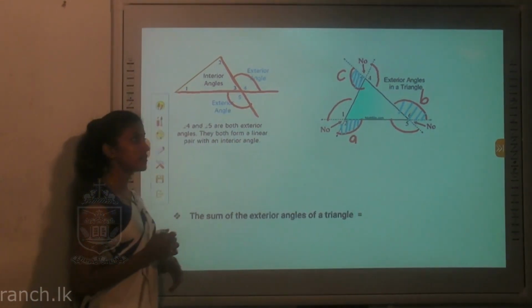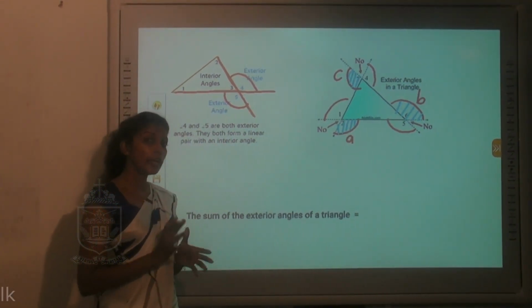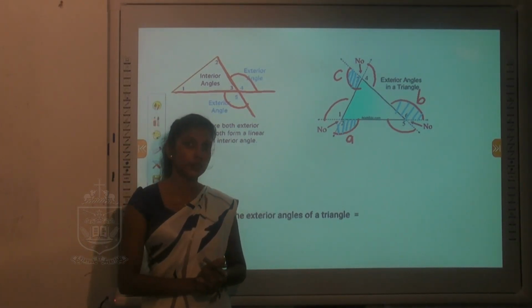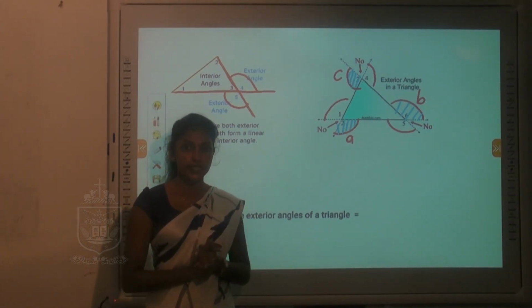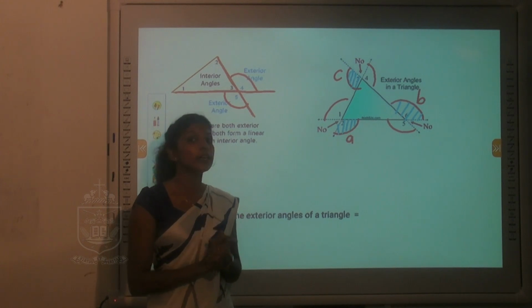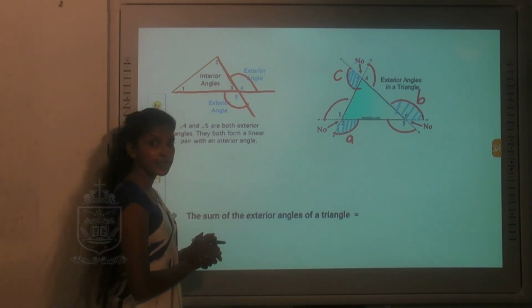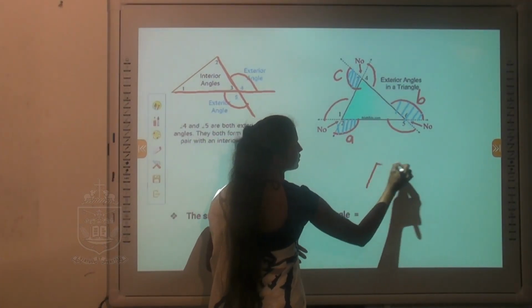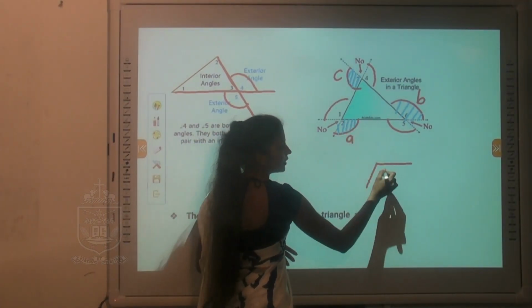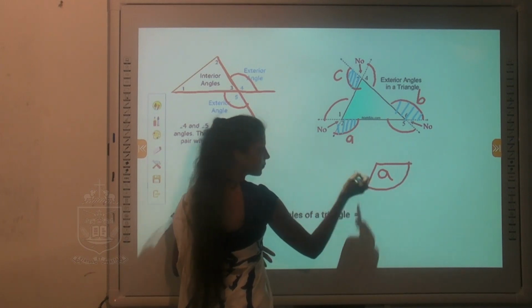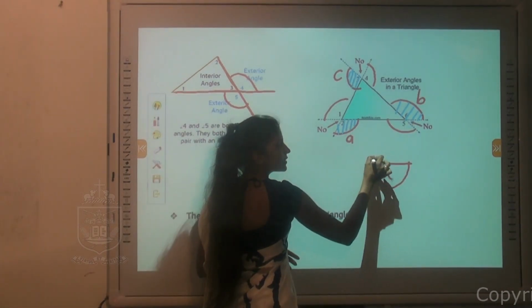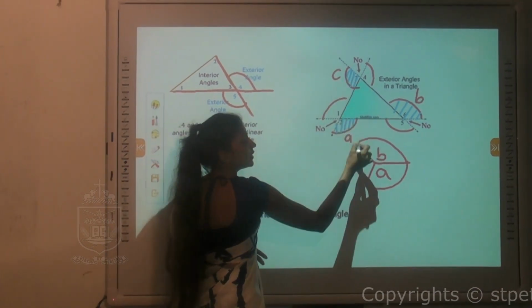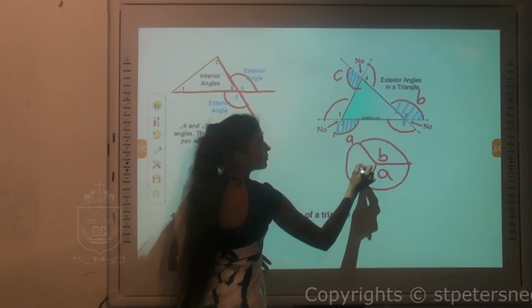These are the three exterior angles I have selected, and I'm going to perform the same calculation as we did in the previous two types. I'm going to cut the three exterior angles and then align it around a vertex, around a single vertex. Once you paste it like this, you will form this A angle is in the shape of this, and this B angle is in the shape of this, while the C angle is in the shape of this.